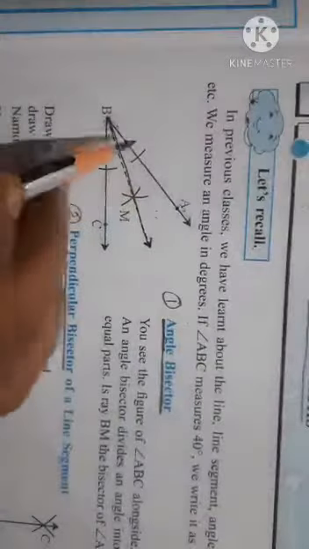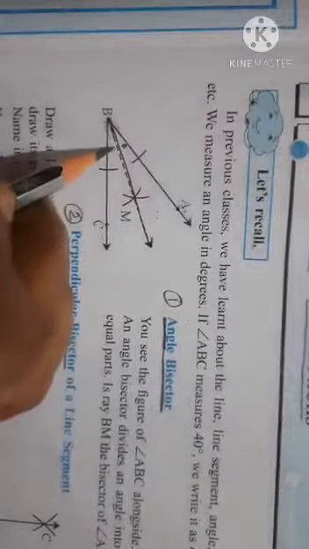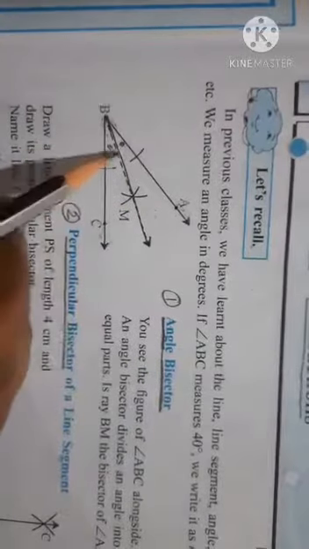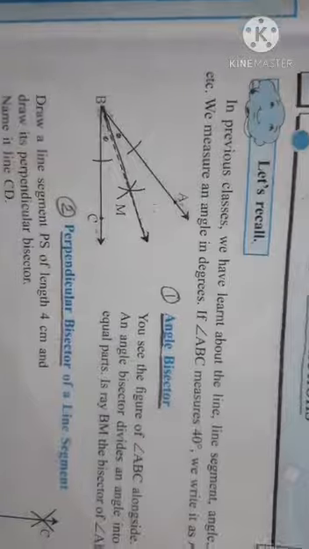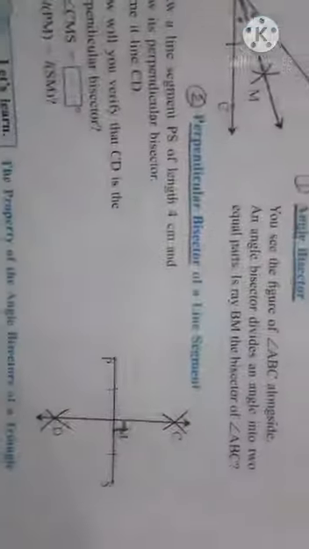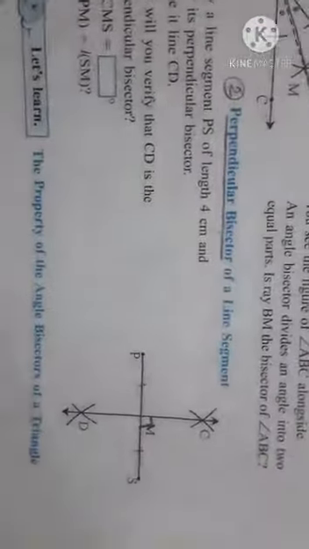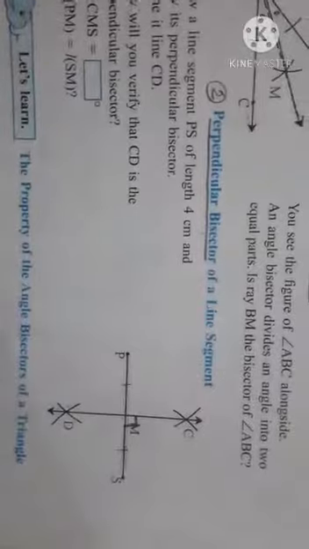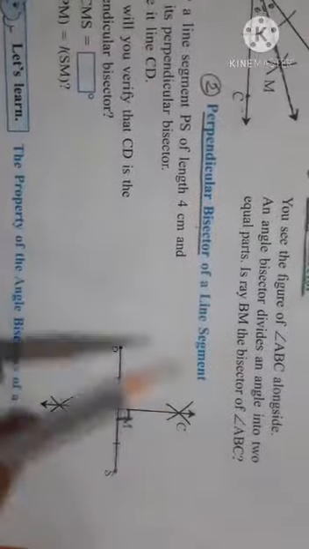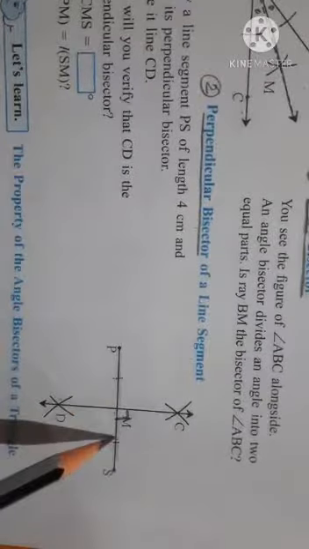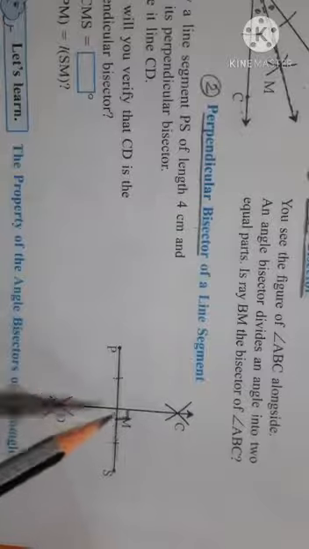For an angle bisector, when both the angle measurements are the same, we can put an X mark, or sometimes we put small round marks. So these are small things which you should keep in mind while doing any type of construction. Labeling is important, these markings are important, and what you have drawn, you have to write it down.